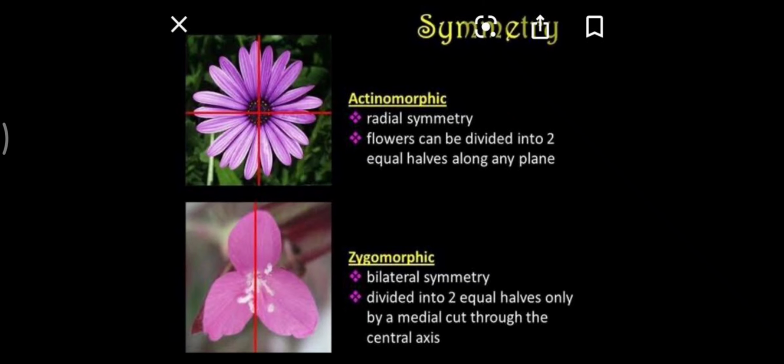Next is the zygomorphic, which is also called bilateral symmetry, and the flower can be divided into two equal halves by only a single plane passing through the center. Pea, gulmohar, cassia are the examples for the zygomorphic symmetry. And there are asymmetrical flowers also. The asymmetrical flowers are those flowers which cannot be divided into two equal halves by any plane passing through the center. Rose is the best example of